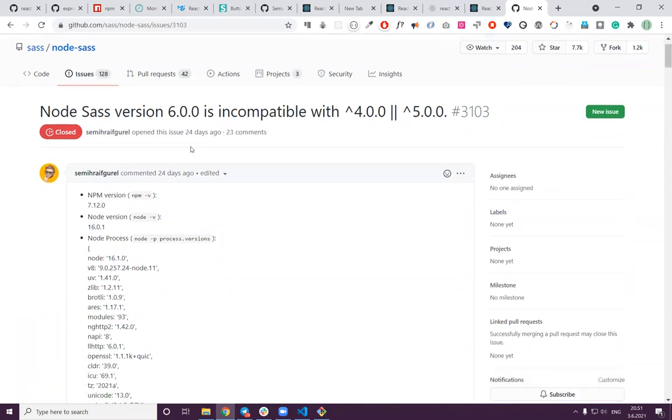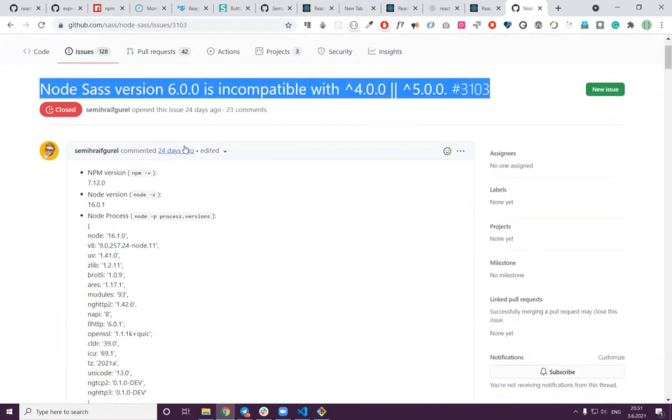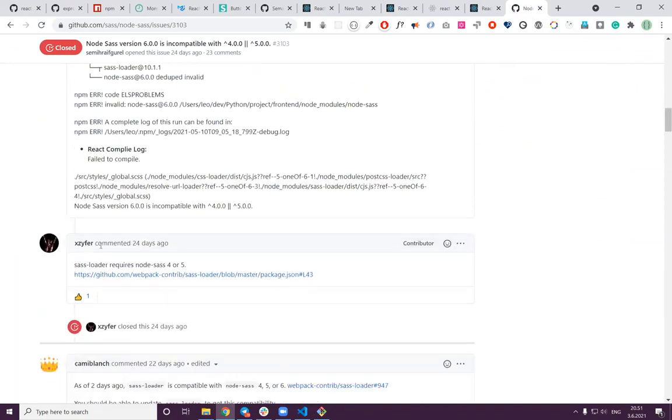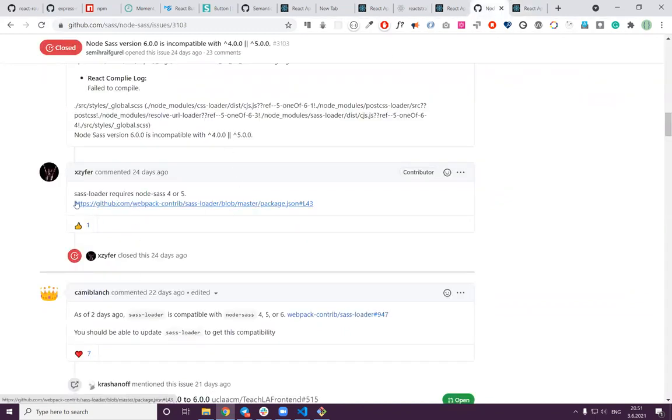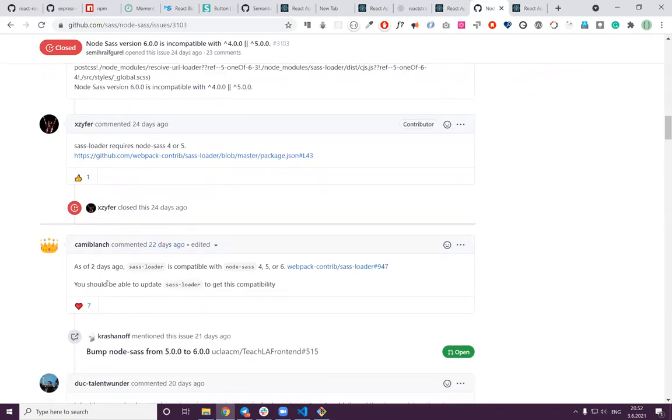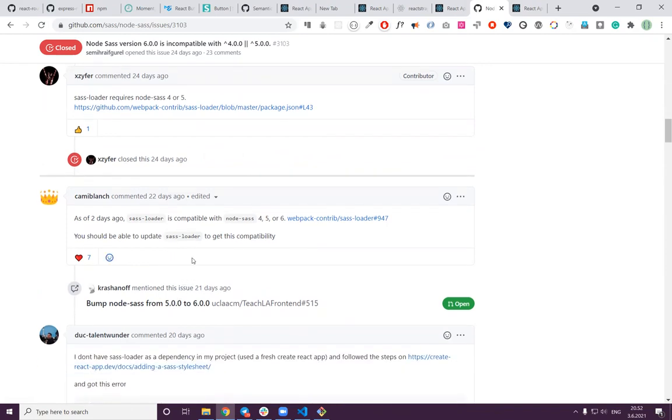Yeah, some people also report such a problem on GitHub, and there is an ongoing conversation, and that's also another way of getting new information. What's happening here? But in the meantime, is it? No, it didn't work. So let's see. Yeah, the Sass loader requires node-sass 4 or 5. Yeah, okay, you should be able to update Sass loader. Then I think